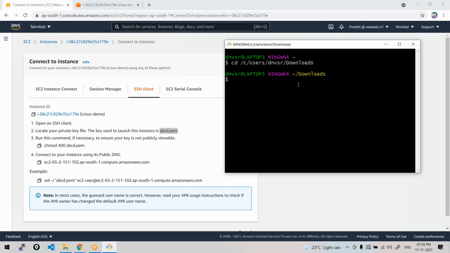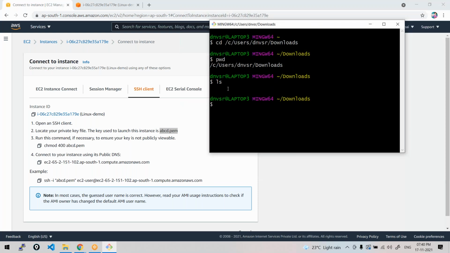We were in Downloads. pwd means present working directory, so you can see the path. ls will list the files and folders in this directory. There were huge numbers of files, so I cancelled it because it takes time to display them. Anyway, we have got the PEM file.